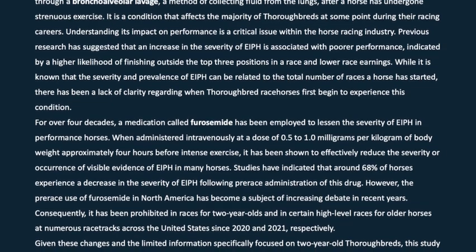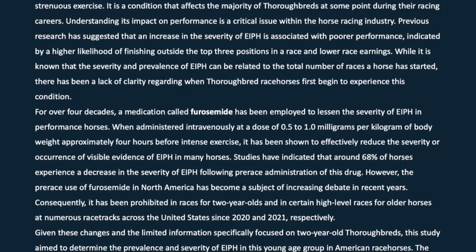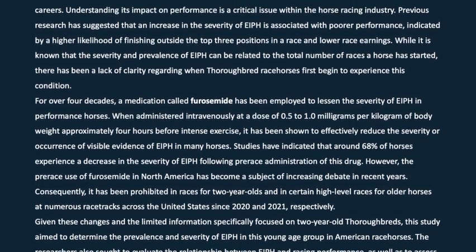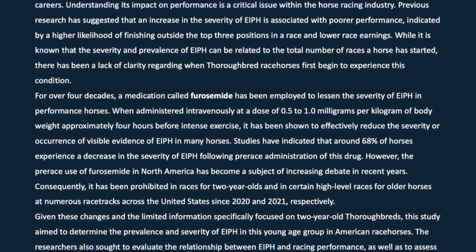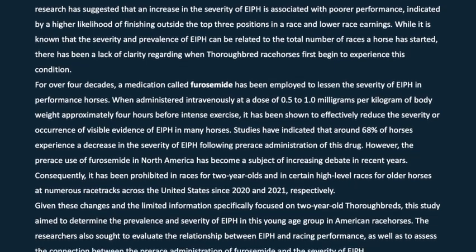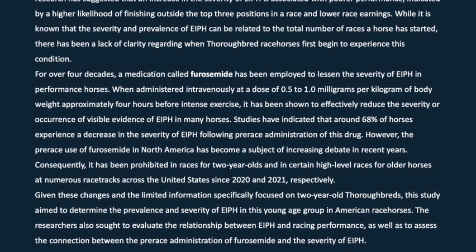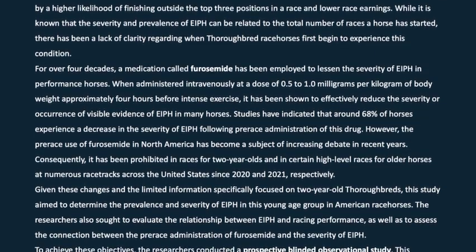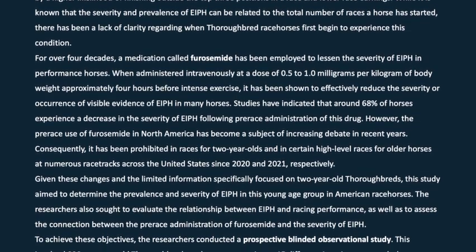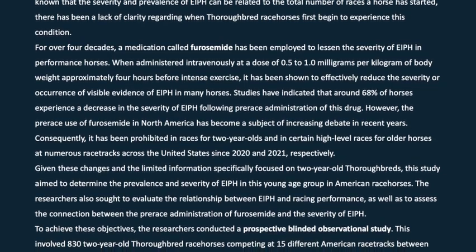condition. For over 4 decades, a medication called furosemide has been employed to lessen the severity of EIPH in performance horses. When administered intravenously at a dose of 0.5 to 1.0 milligrams per kilogram of body weight, approximately 4 hours before intense exercise, it has been shown to effectively reduce the severity or occurrence of visible evidence of EIPH in many horses. Studies have indicated that around 68% of horses experience a decrease in the severity of EIPH following pre-race